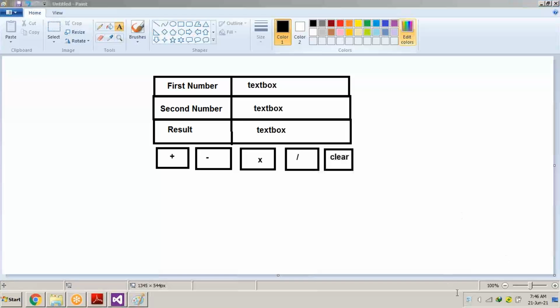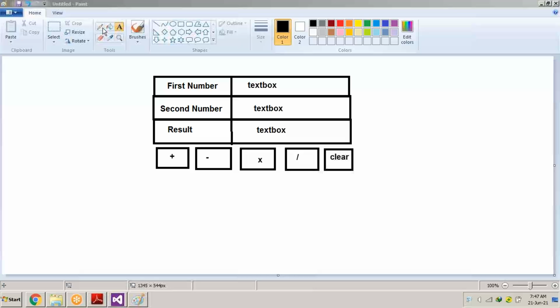Does anybody have any problem with this kind of screen I have made? I have also made the login form. Only that much for the login form; we will be doing something more in this part of designing. So guys, is it clear? I can proceed further to design the calculator. Okay, thank you.